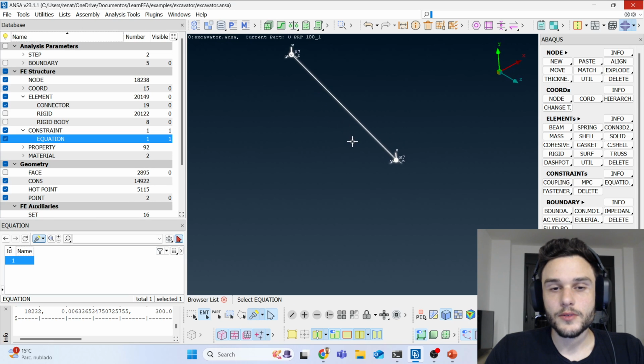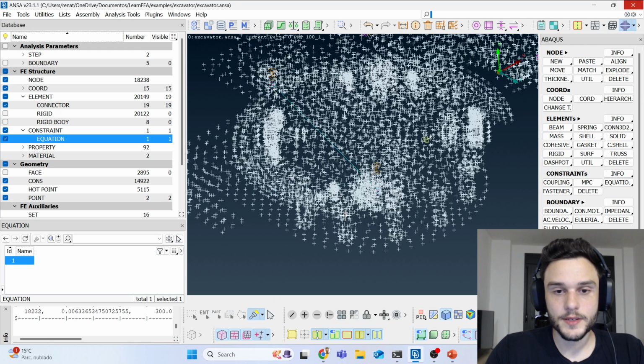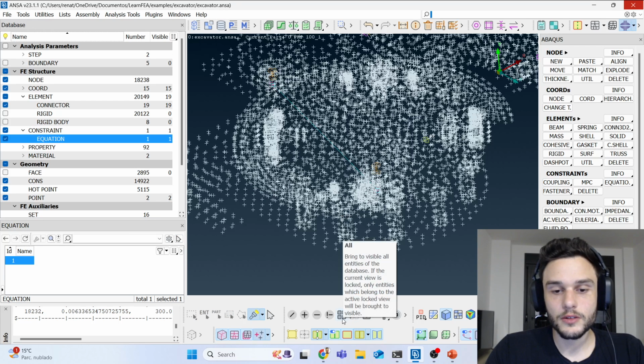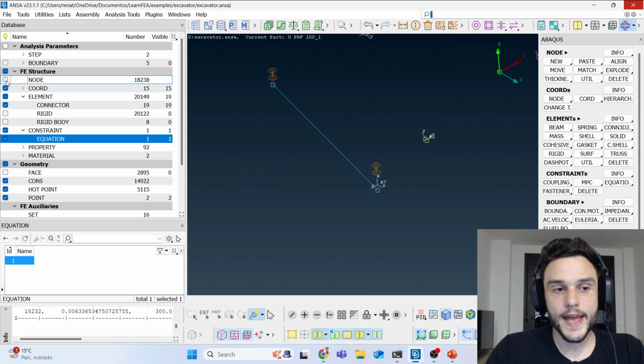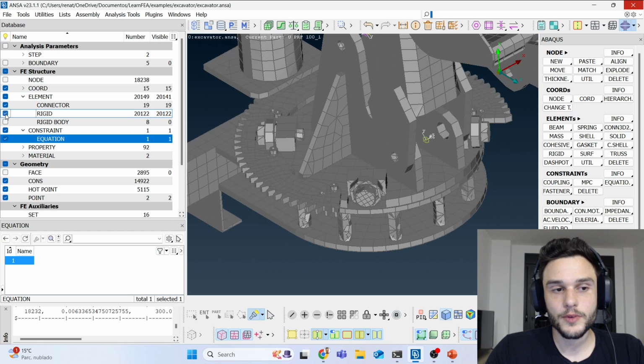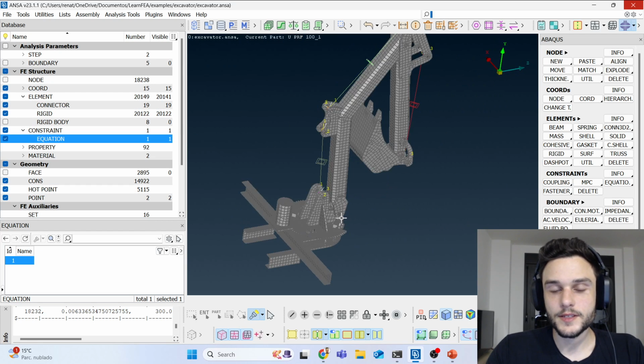And well, you see that we also have the representation of the coordinate system of each node. You see that the x-axis is in the right direction. Great. Now click on Show All, deactivate the visualization of nodes, activate the visualization of rigid, zoom out, and we